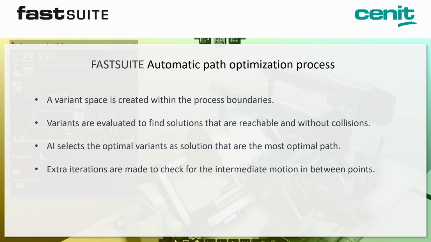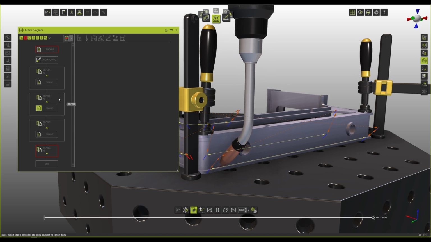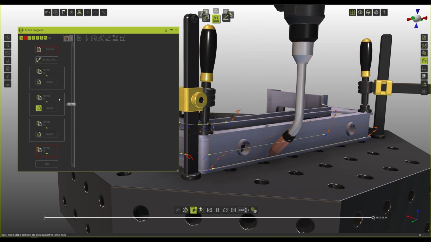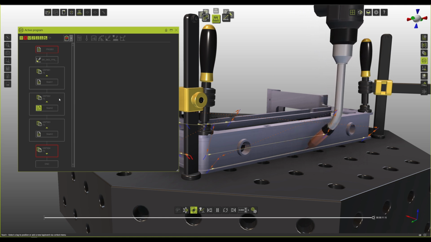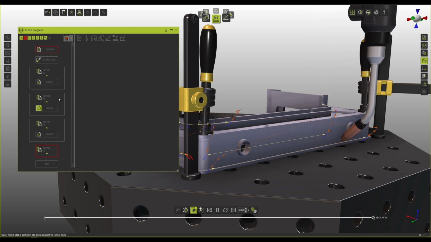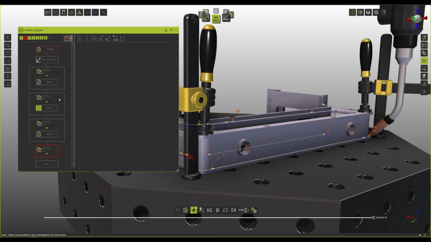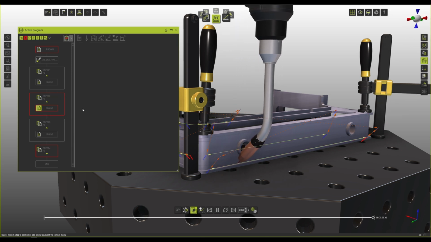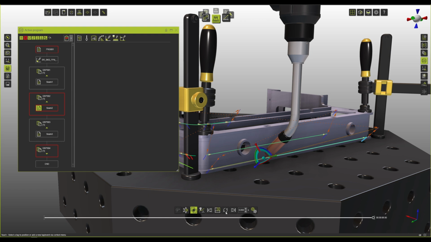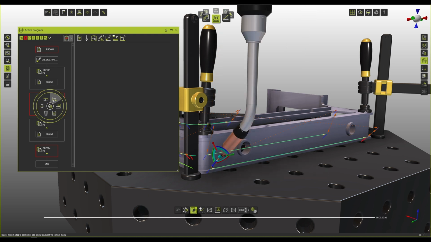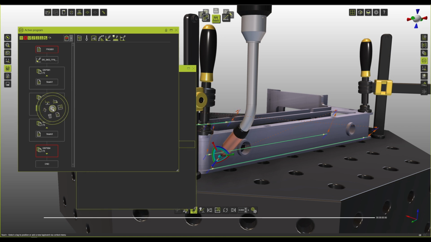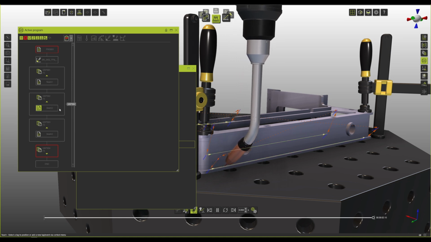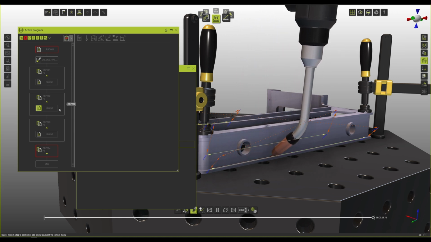If there are any problems in between the path, we also take care of them and make a second iteration, maybe adding extra points or modifying the points that we have in order to get a result that is viable for the parameters that we're looking for. Our artificial intelligence is basically just looking for the absolutely best solution from these millions of possible variants that we are working with in the background. So instead of the user manually searching for different variations and how the toolpath should be modified, we go through all of the valid variations within a range for this variant space,